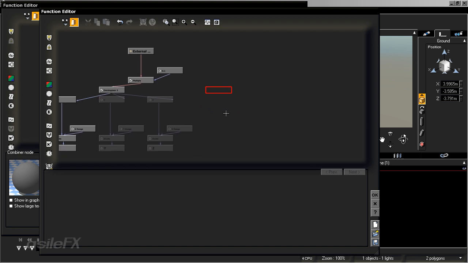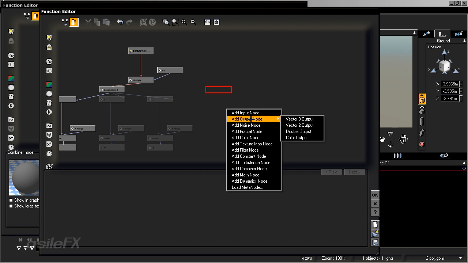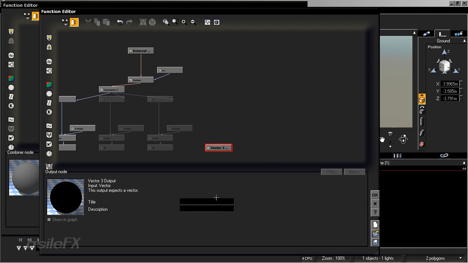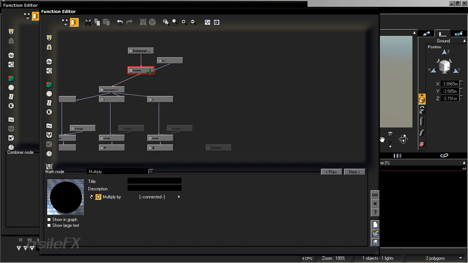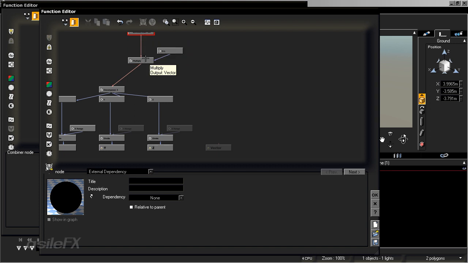So what we want to create is our vector output. We're going to add an output node, vector3 output. And I'm going to call this vector. And that's going to give us the x, y, and z value so we can connect to things like the offset nodes. What we also want is the ability to control a little more of the range